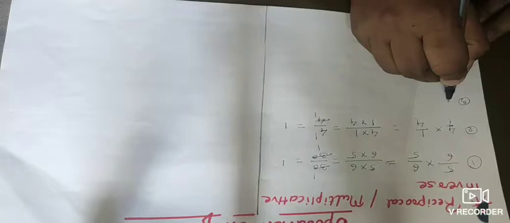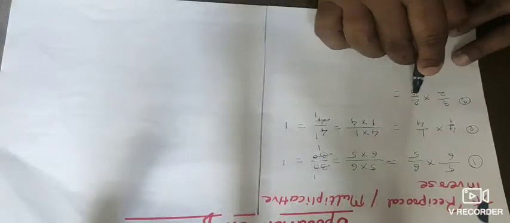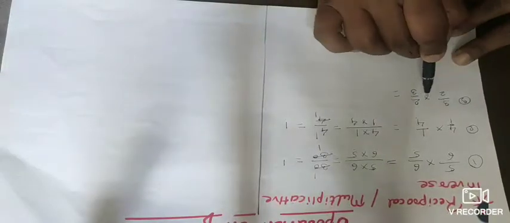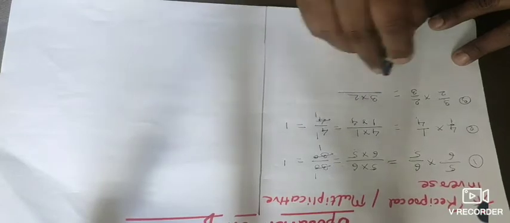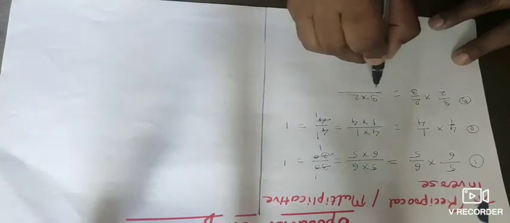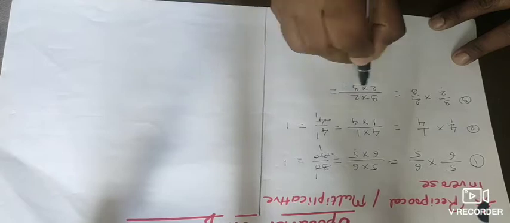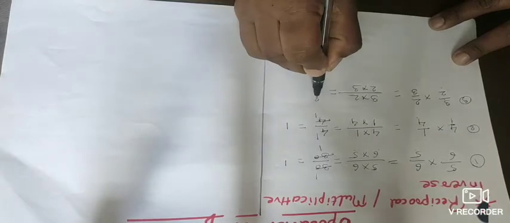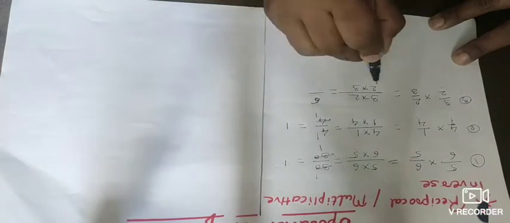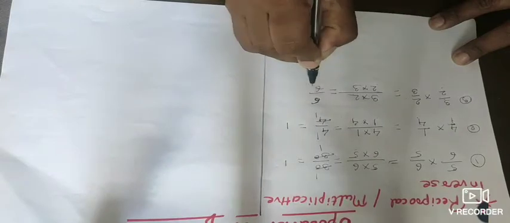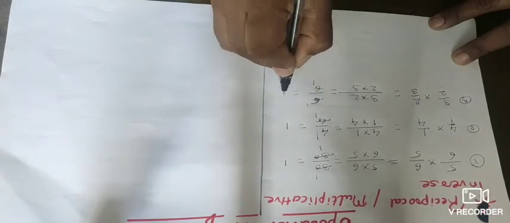Now we will see one more example. Third example: here 3 upon 2 into 2 upon 3. So here again the multiplication of numerators and multiplication of denominators: 3 into 2 upon 2 into 3. So here 2 threes are 6 and 3 twos are 6. Again 6 ones are 6, 6 ones are 6. Okay.